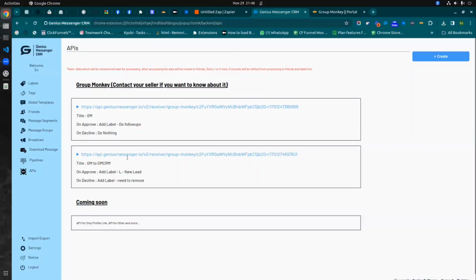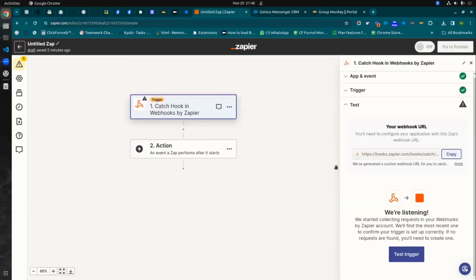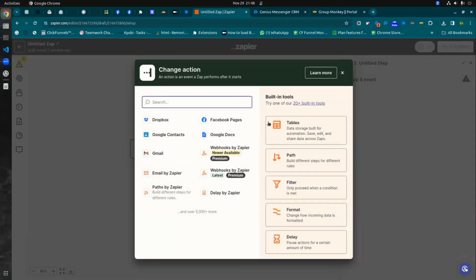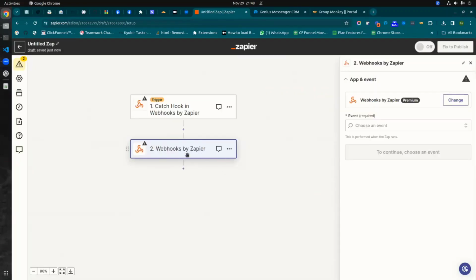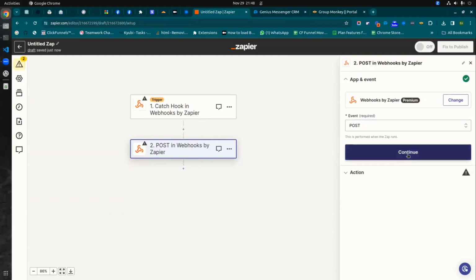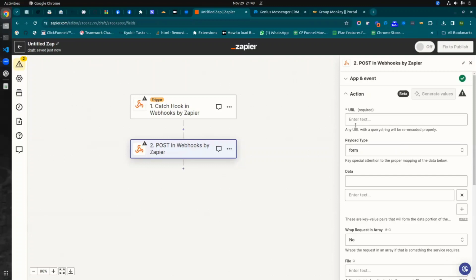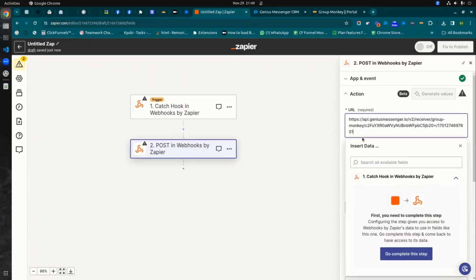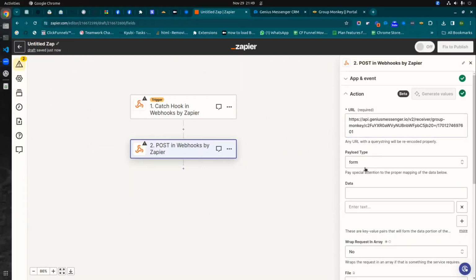So what I need to do is copy this. I need to go back to my Zapier, and under this action, I'm not testing it. As you can see, I haven't tested the first step. I'm just adding it quickly. Again, you have to select the webhook by Zapier, where you need to set an event as post, because you are going to make a post request to GroupMonkey, Genius Messenger CRM, where you need to put the URL you just created in Genius Messenger CRM. Right now,